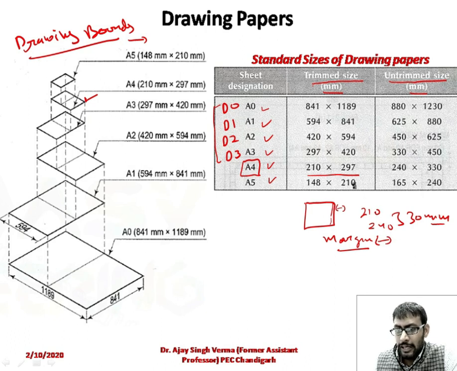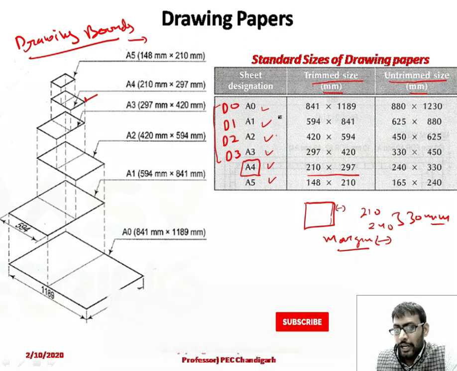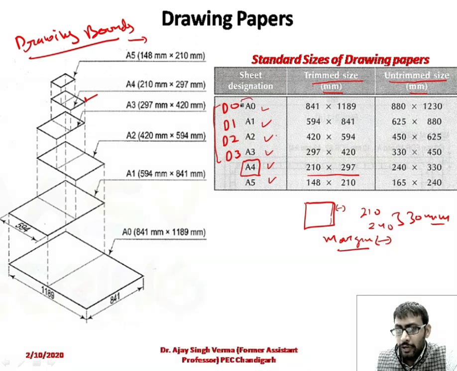So basically in this slide we will only discuss A0, A1, A2, A3 and A4. What is the standardization of size, and what is the relation between A4 to A3, A3 to A2, A2 to A1, and A1 to A0, or what is the relation between A0 to A5? These relations can easily be asked in our examinations and in your quizzes also. So what is the basic fundamental? If I'm talking about the A4 sheet, you can see it in your slide also.